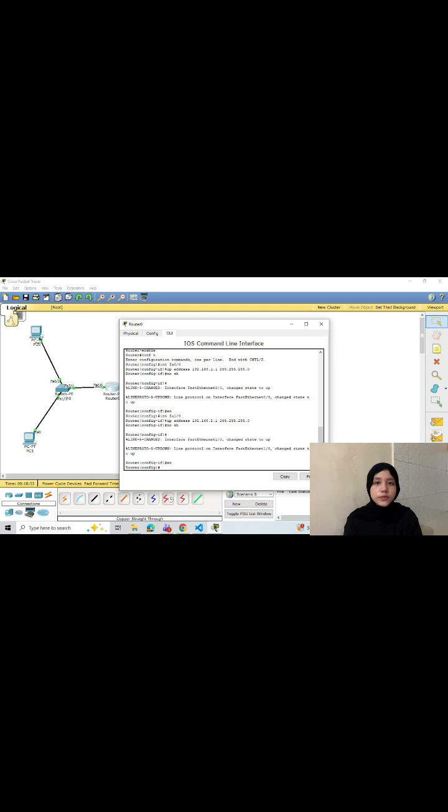Next, access control list configuration. In this step, an access control list was configured as an extended ACL on router. Access control list is used to manage network traffic by allowing or denying specific packet based on IP address and protocol types. In this lab, ACL number 101 was used to block ICMP or ping packet from PC0 to the server with IP address. After the ACL rule was configured, it was applied to the router interface using the command ip access-group 101 in.